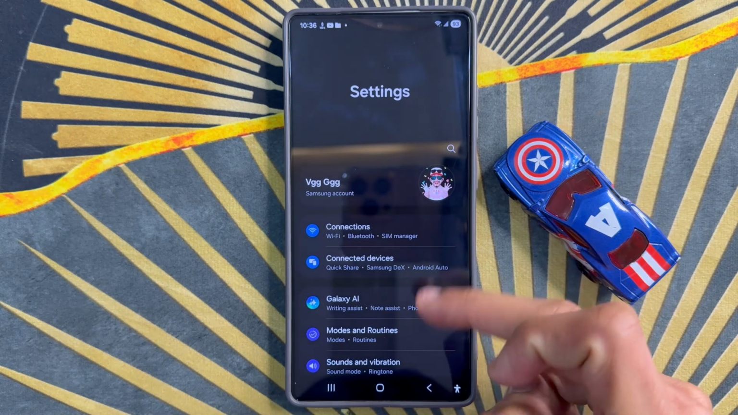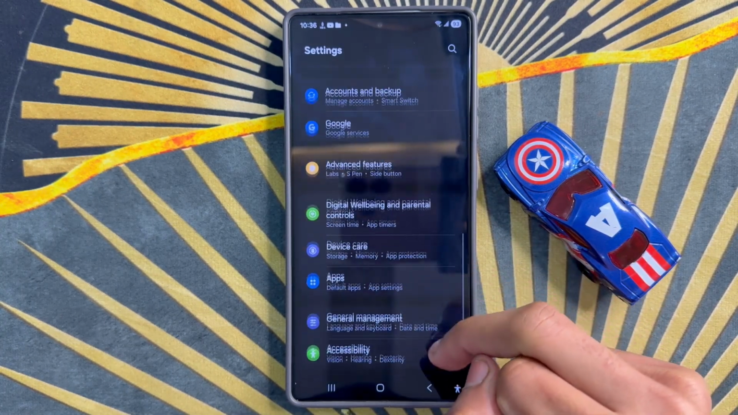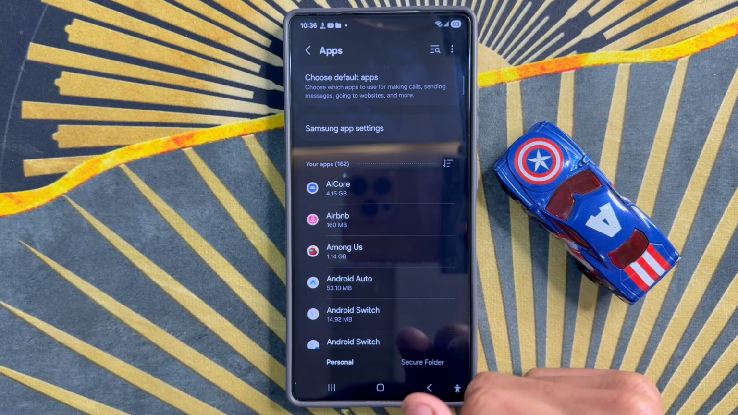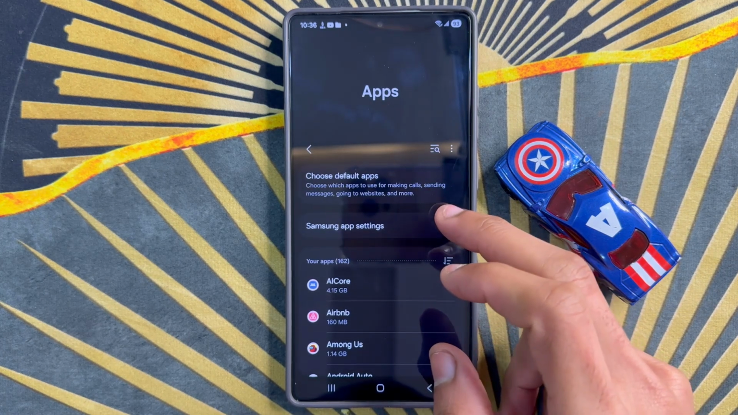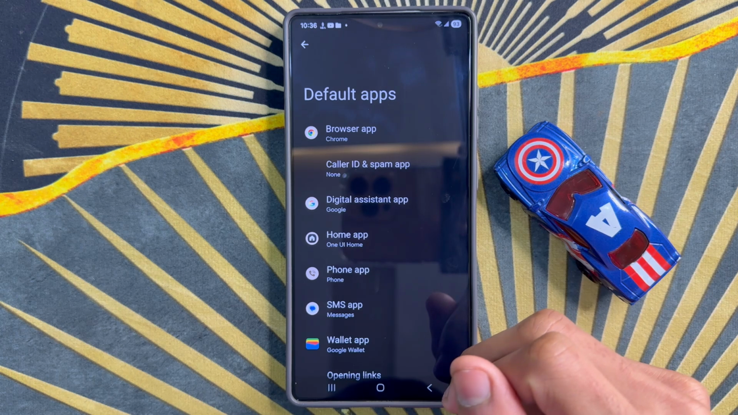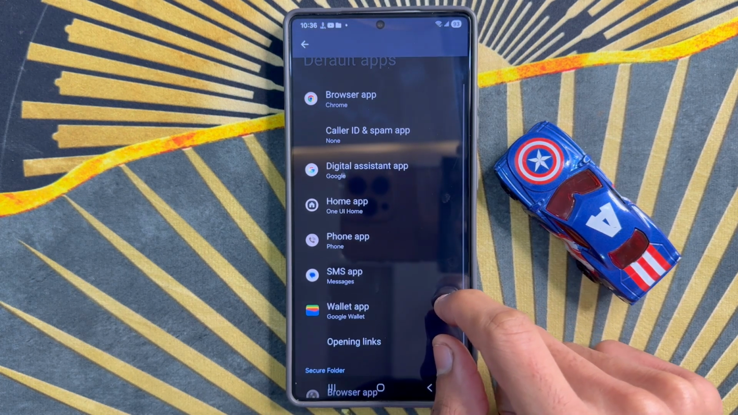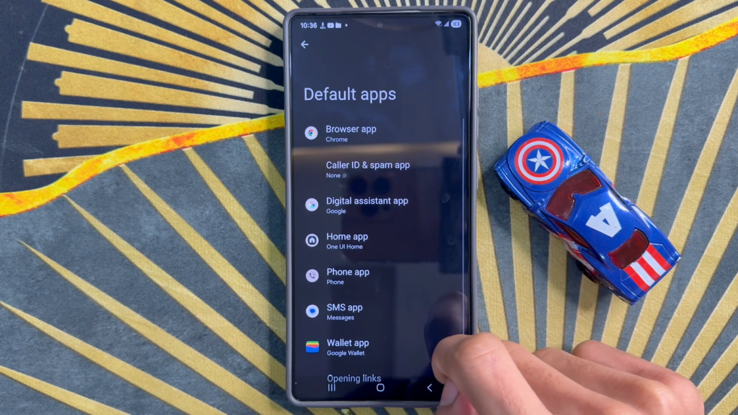Now in Settings, scroll down and click on Apps. After click on Apps, click on Choose Default Apps. After click on Choose Default Apps, scroll down, and click on